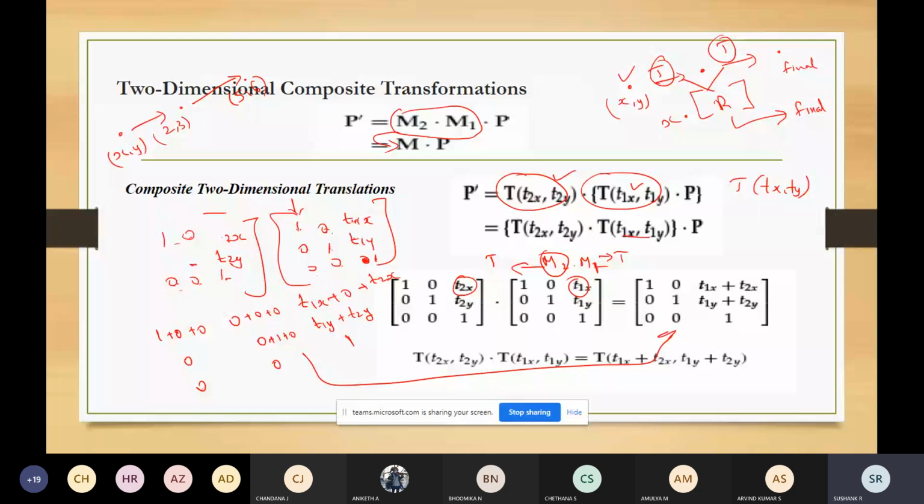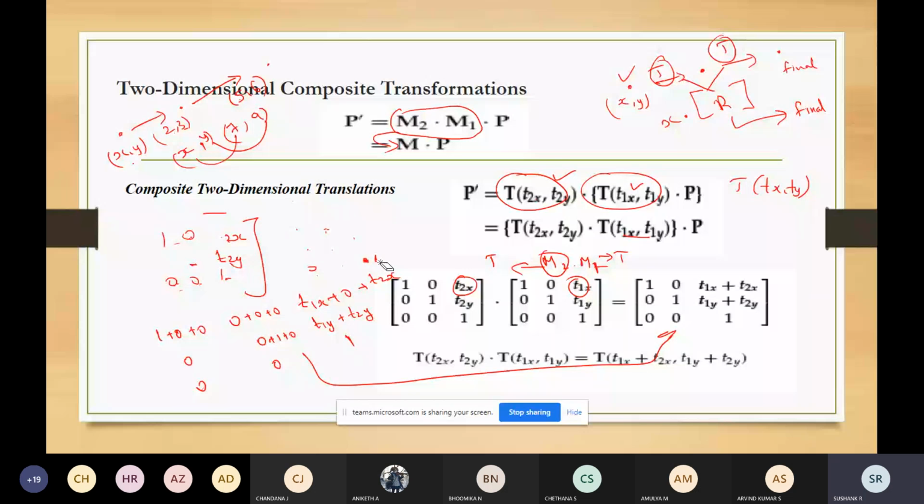So instead of that, for this x itself, you can add these terms: 2 plus 5 will be 7, 3 plus 6 will be 9. So instead of doing two separate operations for the initial point of x, y, add plus 7 plus 9 like that. That is what is represented in this matrix.